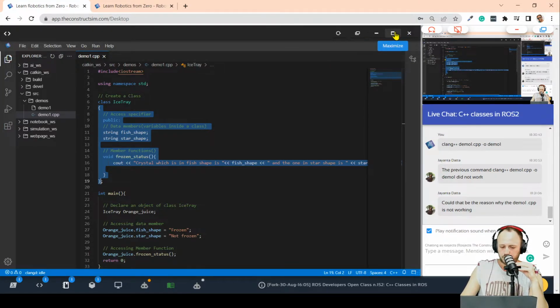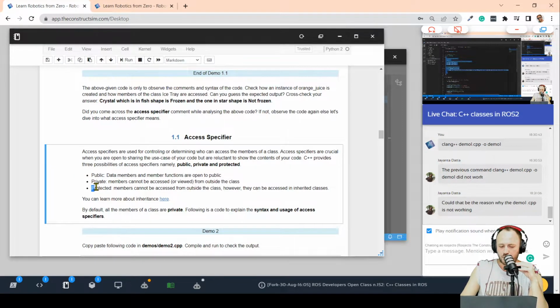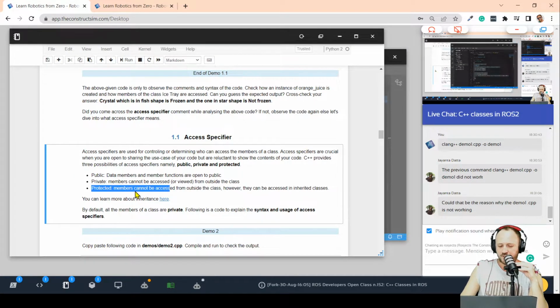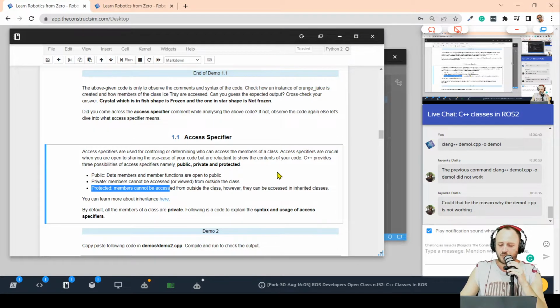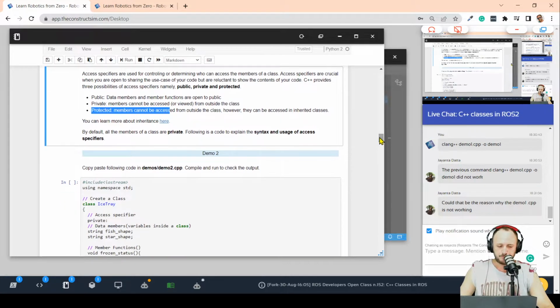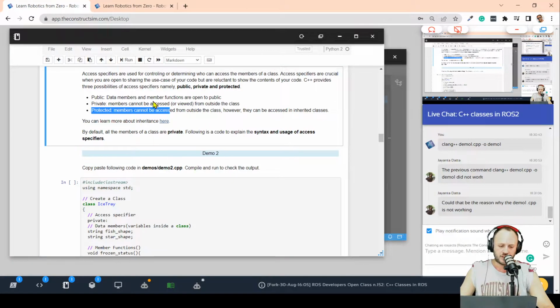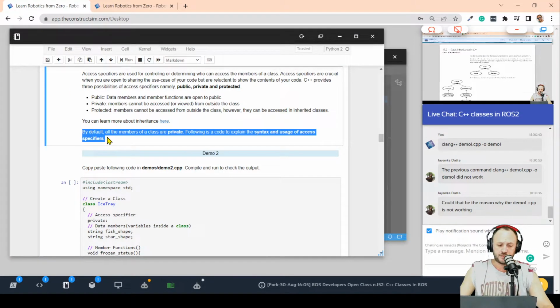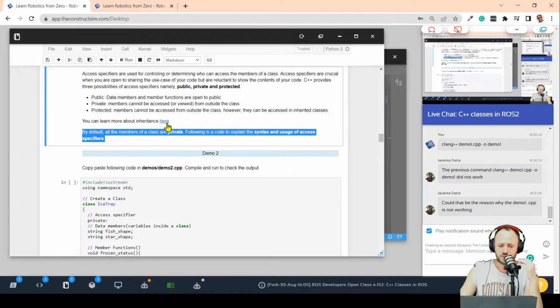And then finally we have the protected one, which means that members cannot be accessed from outside the class, but they can be accessed through inherited classes, okay? Inheritance is another concept directly related to object-oriented programming, but we are not going to go over it in this class. You have a link here in case you want to learn more, and in this same course, there is a unit about inheritance, okay? So,